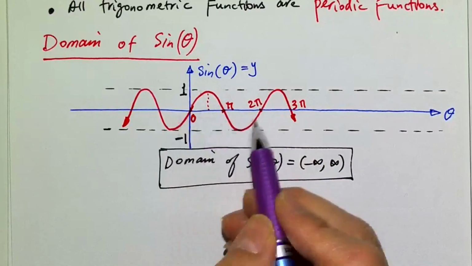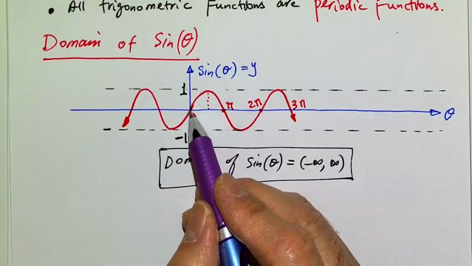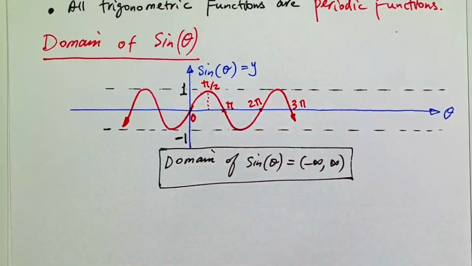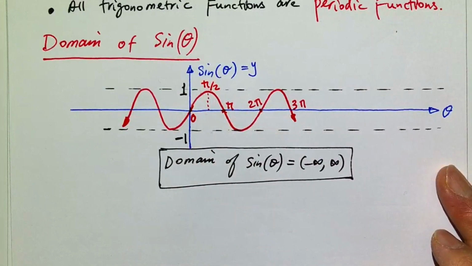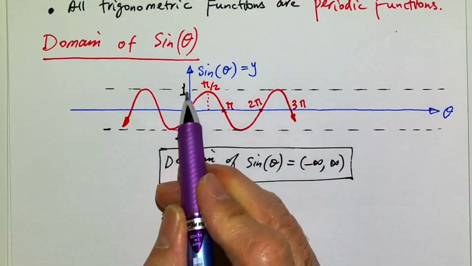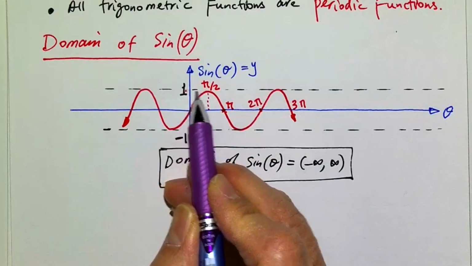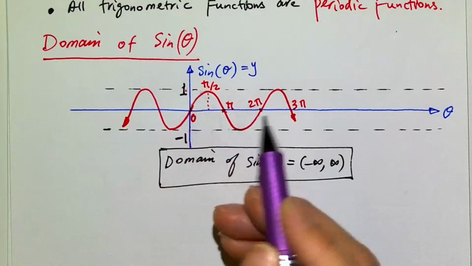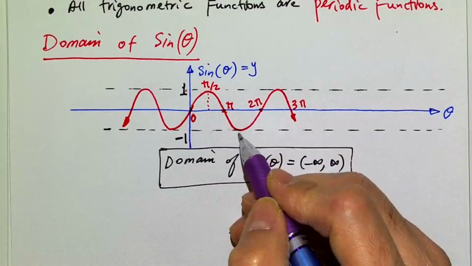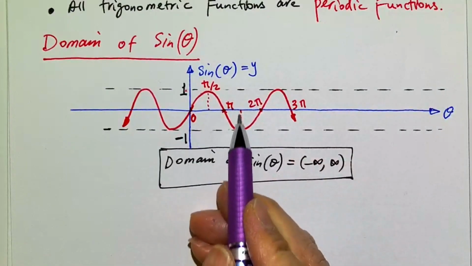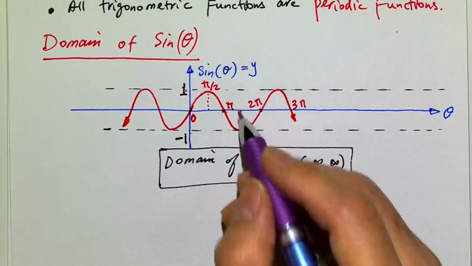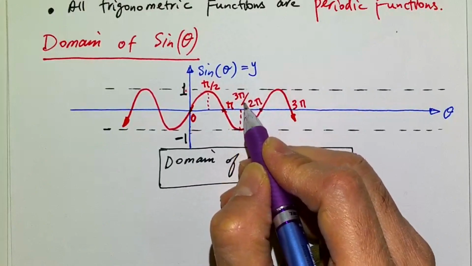Because look at this. This is so symmetric, right? So from 0 to pi, half of that distance is pi over 2. So if you have your calculator at your disposal, you can just take the sine of 90 degrees, or pi over 2. It's going to tell you that it's equal to 1, which is true right there. Sine of pi over 2 is 1. Then you can calculate sine of pi. It's going to be 0. Sine of 2 pi, again 0. So which is this one then? This would be sine of that angle is negative 1, right? So what is that angle then? That's 3 pi over 2.